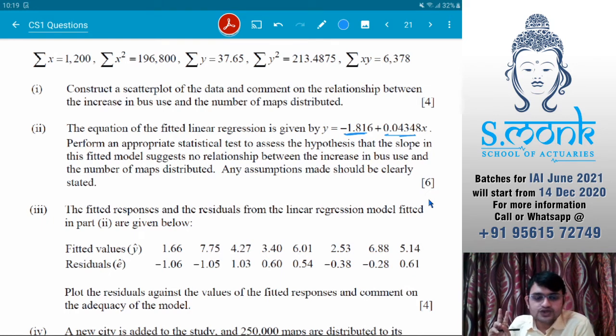Now, there can be two questions here. Either they would say slope of the fitted model suggests relationship or no relationship. Second would be that we will be testing using our correlation coefficient, that would be our R. So depending on the question, here they are saying slope, so clearly we have to test for beta. So if you are testing for beta,